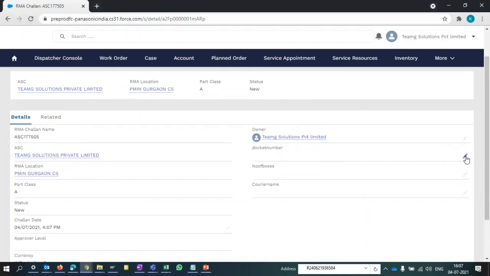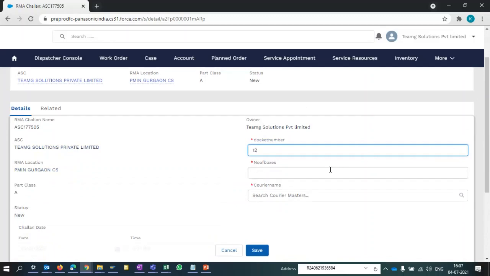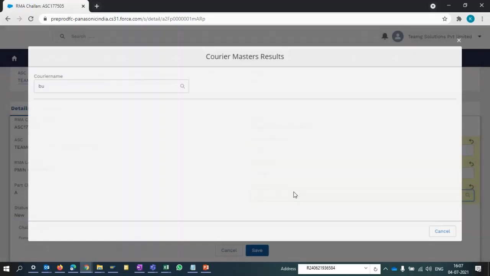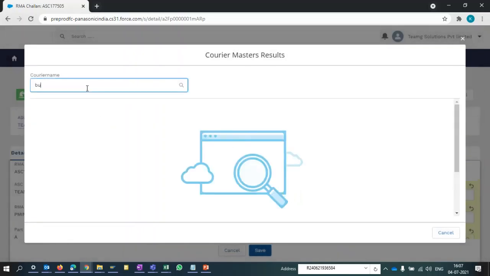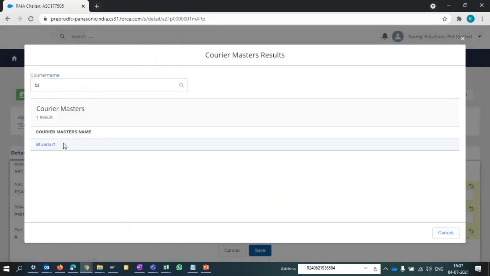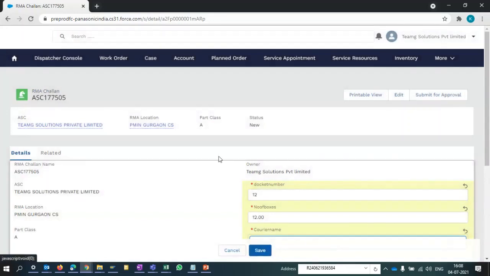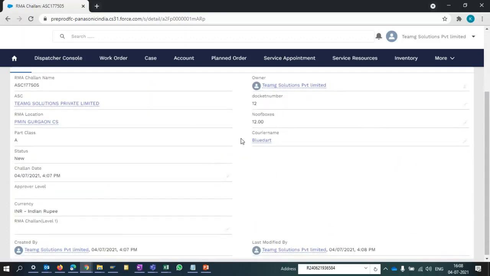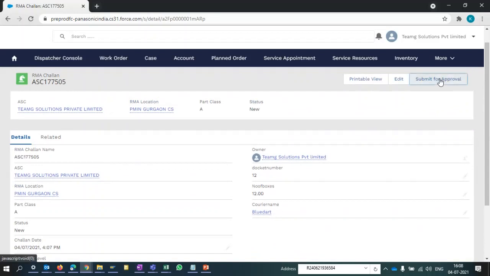Now I have to update the docket details. Courier name, I have added sample. Save. And next you have to click on submit for approval. Once you have added all the docket number details, you have to click on submit for approval.